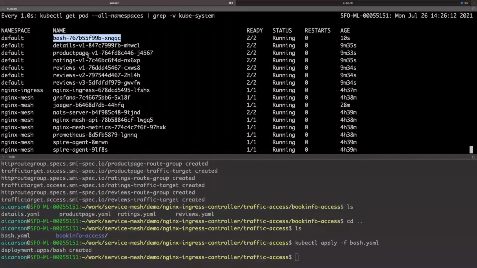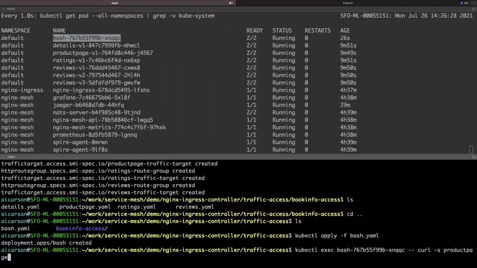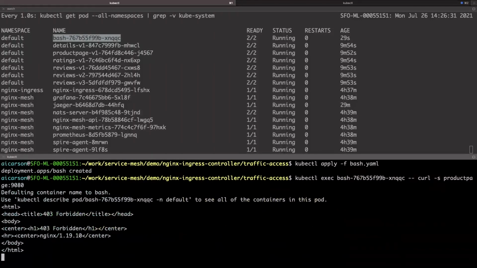And so what we're actually going to do is let's test that. Let's say exec -it, curl -s product page 9080. And we can see that we're getting a 403 forbidden.